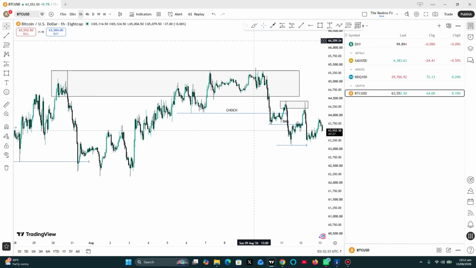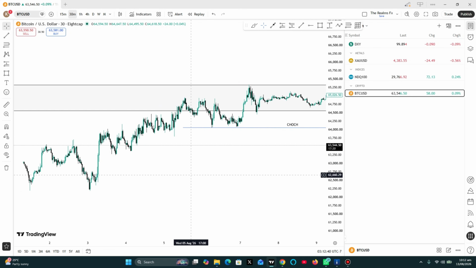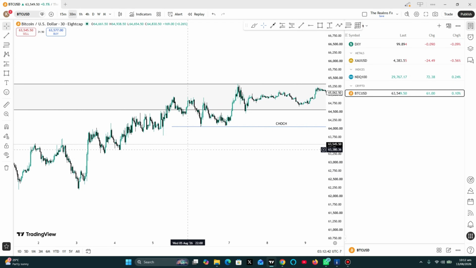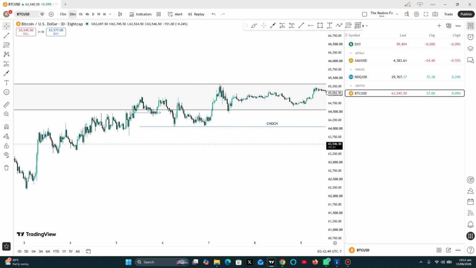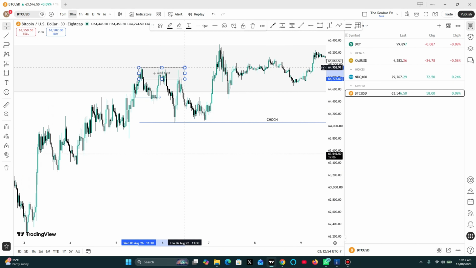When I got here at the time, price was around this region. Then I went on the 30 minutes time frame to see if I could get my change of character. I saw the change of character; price gave it around here. And then it literally went back to the other block that I wanted to trade, and I got my trade from here all the way to this area. So I thought, since it has happened, it's going to continue going down. But price actually came back to retest this zone again around here